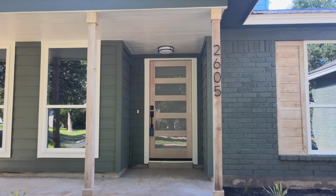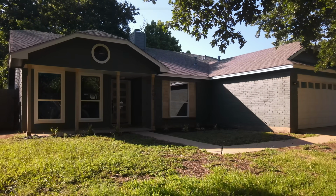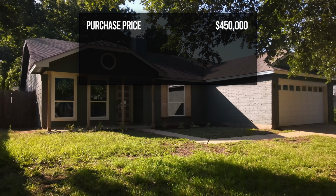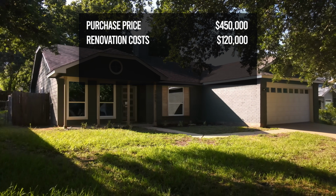Okay, what's not faking it is the market. Let's talk about the numbers, because at the end of the day, if this thing doesn't sell for a lot of money, what have we done? All right, let's talk about the final numbers on the project. So the purchase price here was $450,000. The renovation cost came out to $120,000 with financing and holding costs of